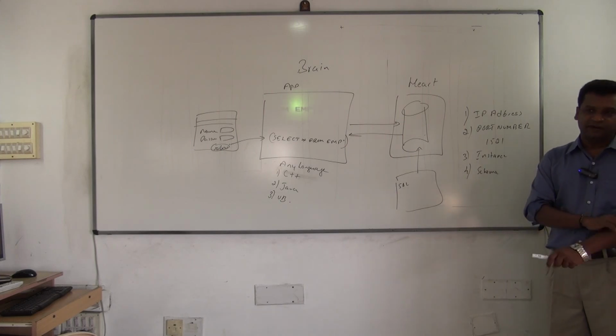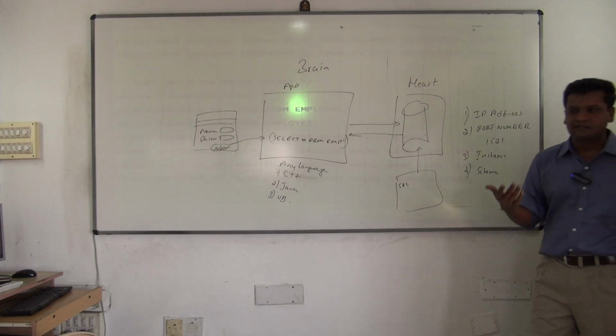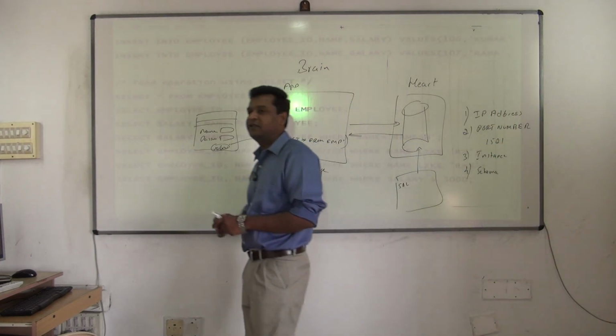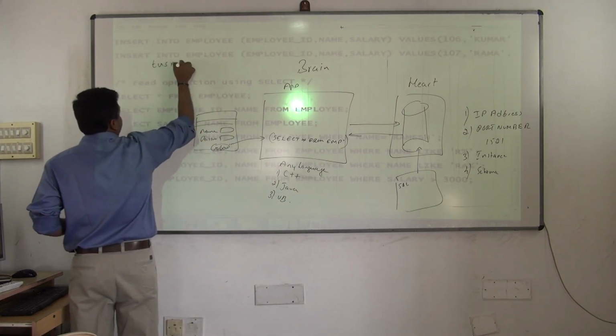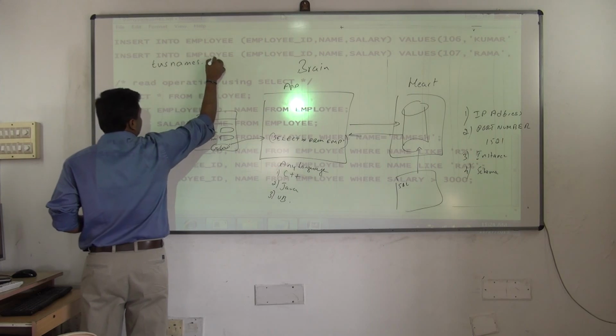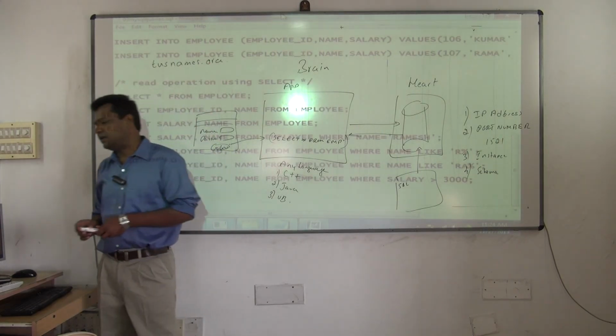I'll give you the name of the file now. I'll show you where it is. In fact, many people do not know this. They are working in real time, they have 4 or 5 years of experience, but they still do not know the name of this file. The name of the file is called tnsnames.ora, with the ORA extension. Okay, tnsnames.ora.